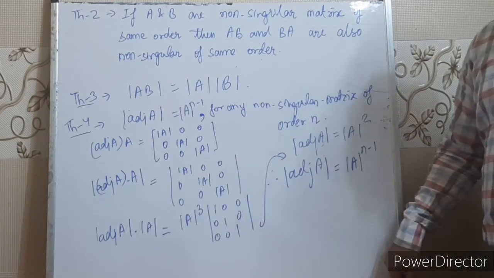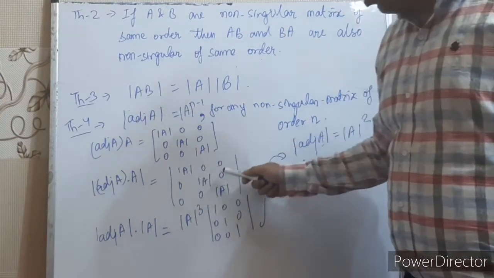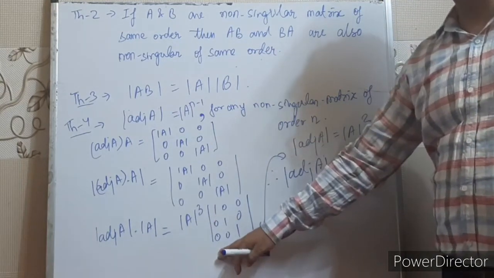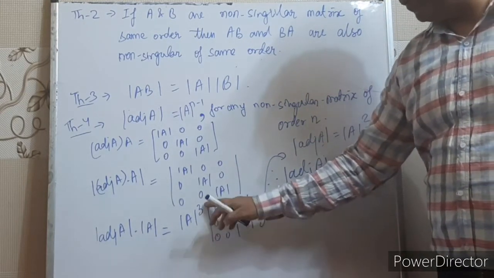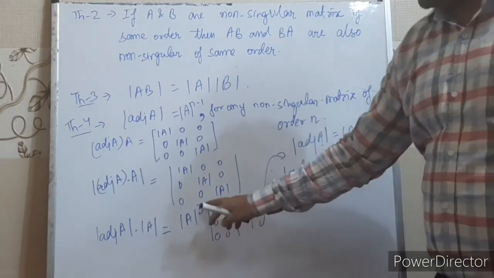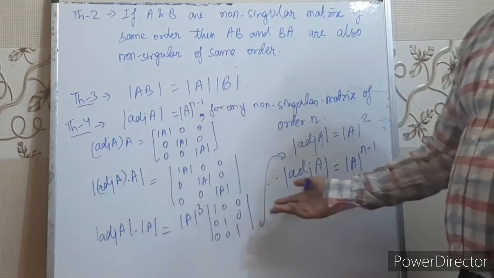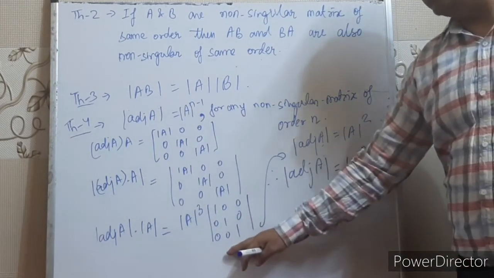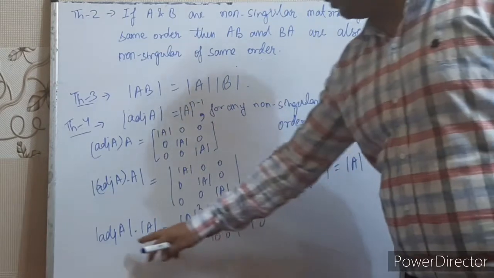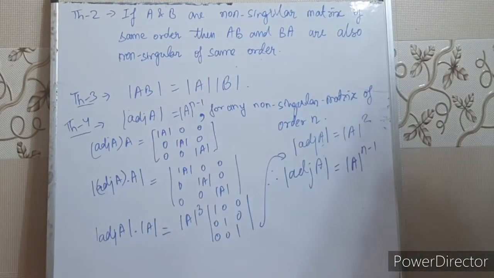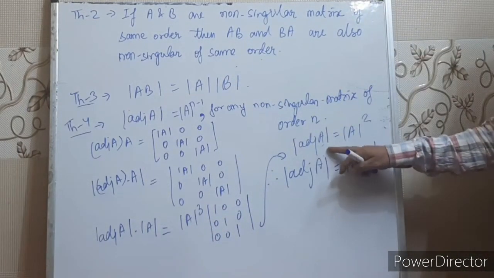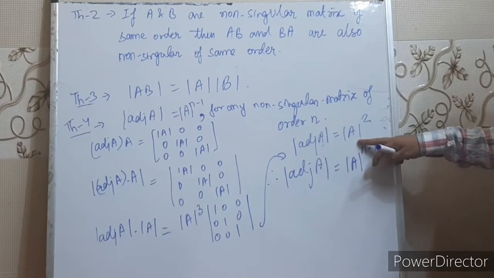Right? You can see that in the determinant you can take determinant of A common from row 1, row 2 and row 3. So determinant of A cube will come outside and here you will get the identity. The value of the determinant of the identity matrix is 1. If you expand this determinant by the first row, first column or any row, any column, you always get the value 1. That means determinant of adjoint A into determinant of A equals determinant of A cube. You can cancel determinant of A. What you will get? Determinant of adjoint A equals determinant A square.